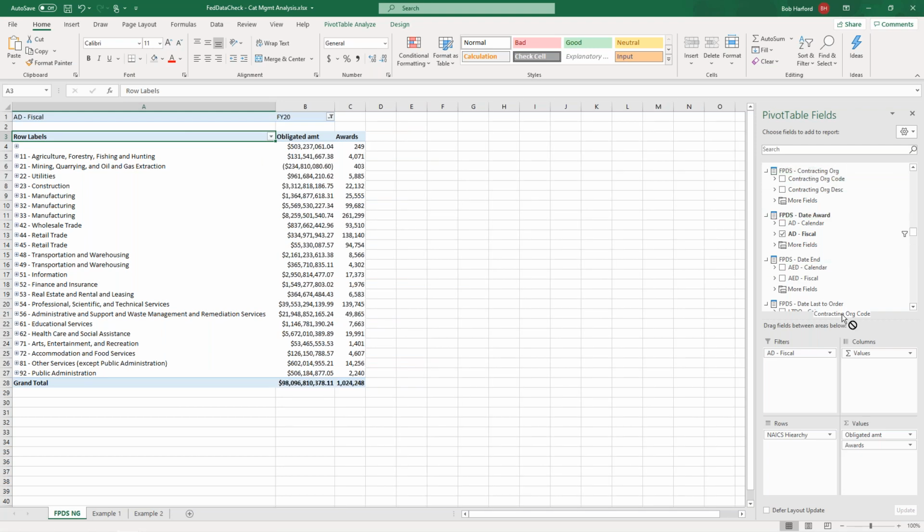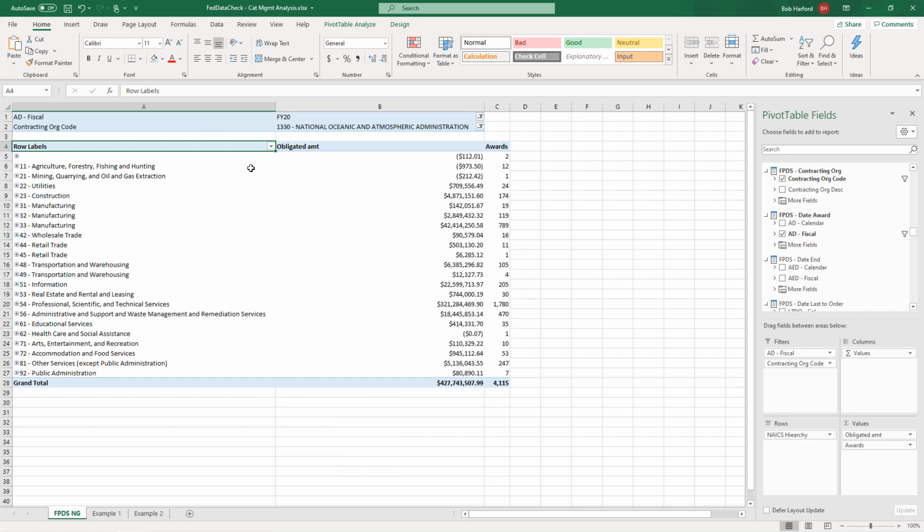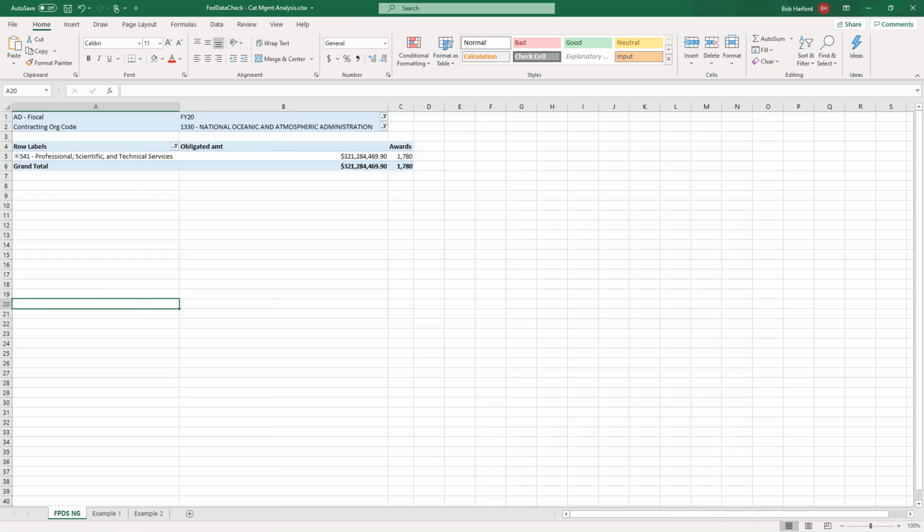Let's go ahead and filter this for NOAA, since that's who I'm using as the example. So now I'm looking at NOAA spend for FY20, $1,330, and we were looking at 5416. So I'm going to double click on 54.